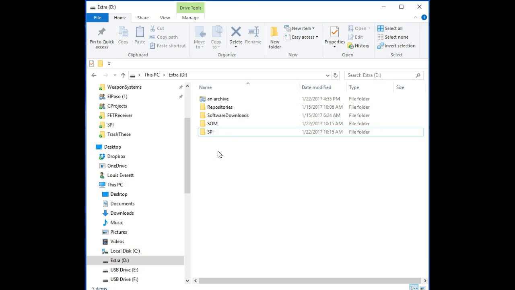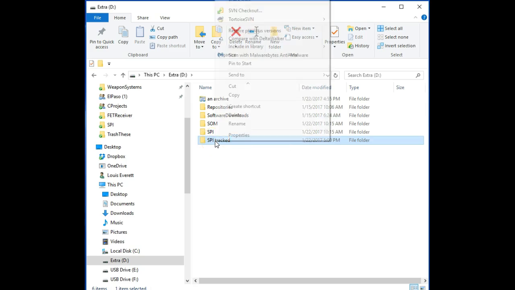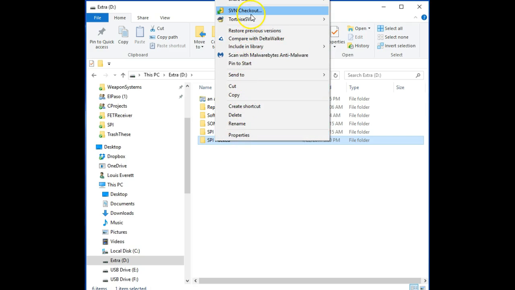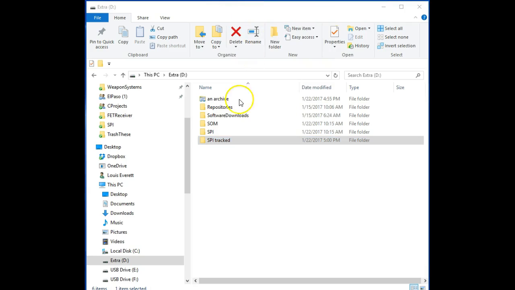Okay, so the next thing you want to do is begin to track these changes. What you normally do is I'm going to create a new folder, and we're going to call it SPI tracked. All right, so here's SPI tracked. It's selected. I'm going to right click on it, and I'm going to check out from the archive